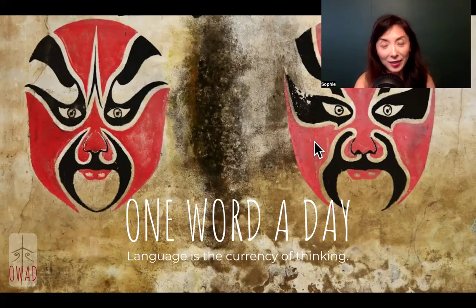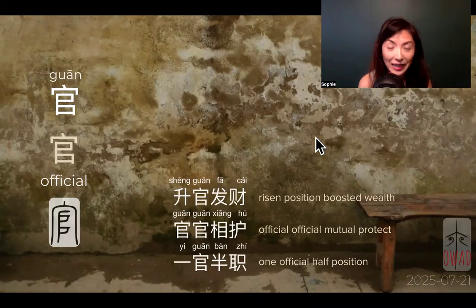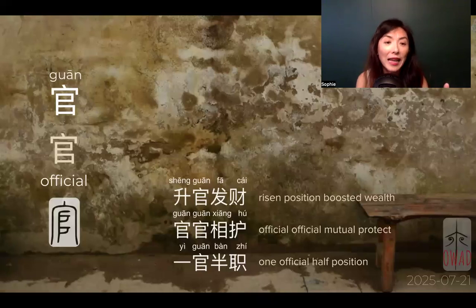Today, let's go over an important role, because before we were talking about xiang, right? Xiang is the tip of the bureaucracy system, the minister, the top of the pile. Okay. Now, guan is everybody else. Everybody in that hierarchy of bureaucracy that tries to maintain and to govern is this guan, that's government official.